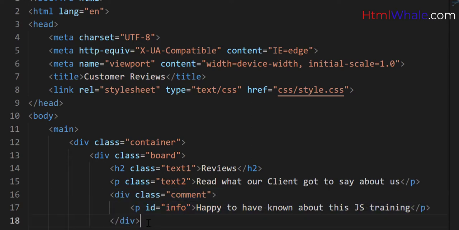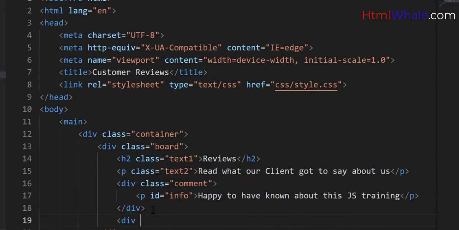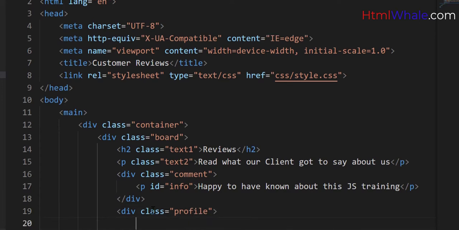Now I want to open one more div. In this div, I want to create the profile of the person. And inside this, I want to give the image. Now I'm going to create the image folder, right? So I will show you how to do that within a minute. So I'm going to give some image which I already know. So the ID is going to be person-image. This is the ID, and I'm going to give the source images/1.jpg. Okay. So this is given,